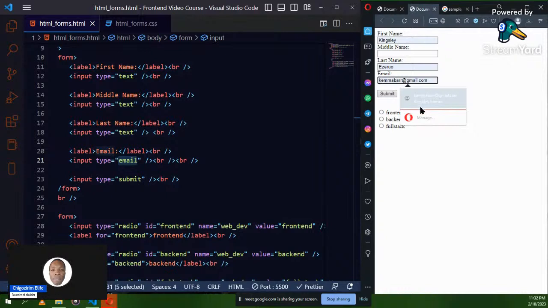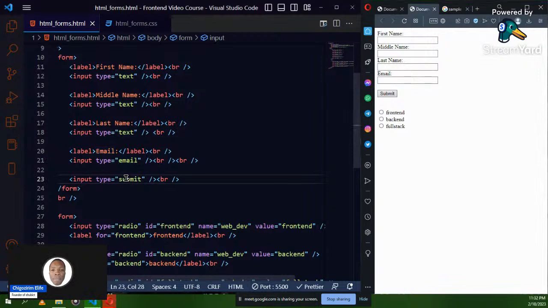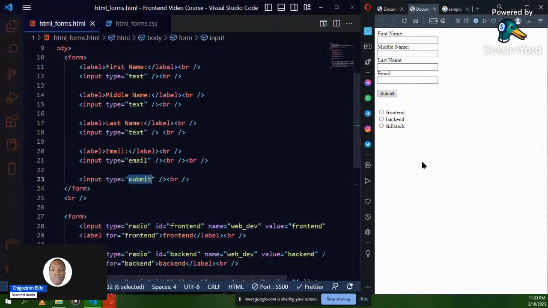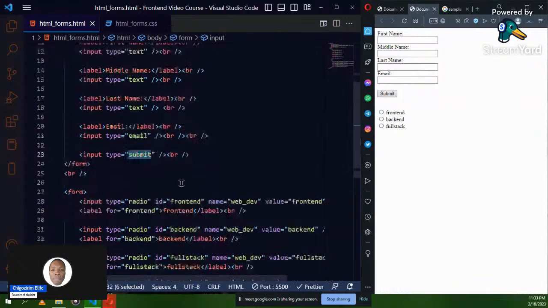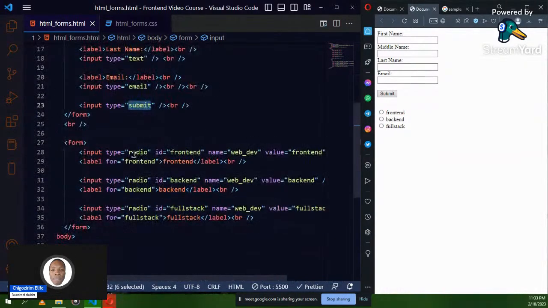You get? Then we now have another type of input too, which is like the submit. This is what is going to submit the inputted data in all of these forms to, let's say, maybe your server and all that. Then you can actually use another type too, which is